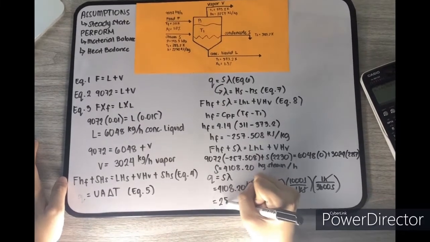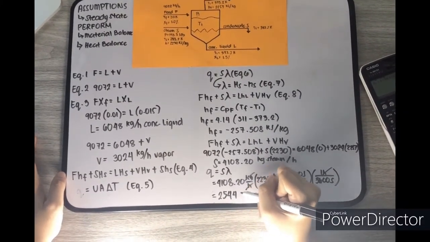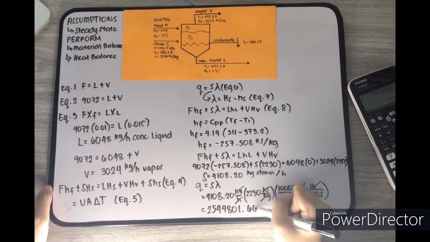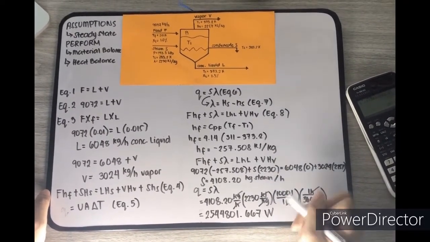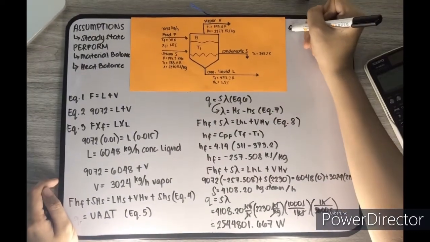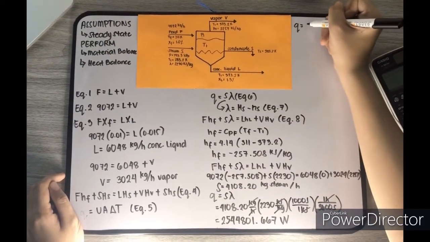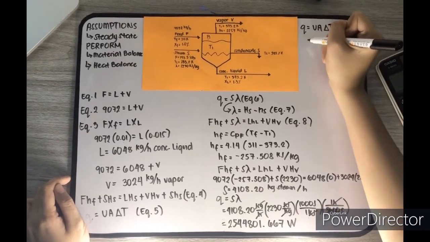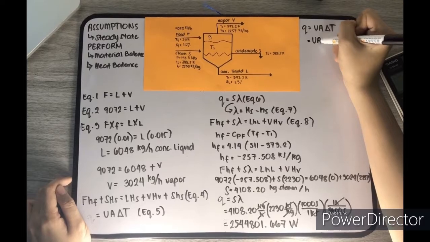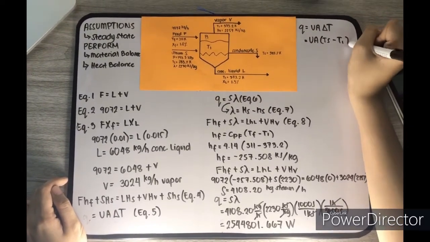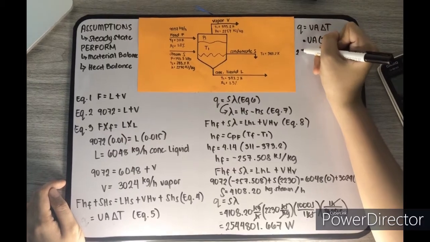which results to Q is equal to 2,544,801.667 watts. The heat transfer area required can be obtained by using equation 5, which is Q is equal to U times A times delta T, in which delta T is equal to Ts minus T1. Substituting the values we got, we now have